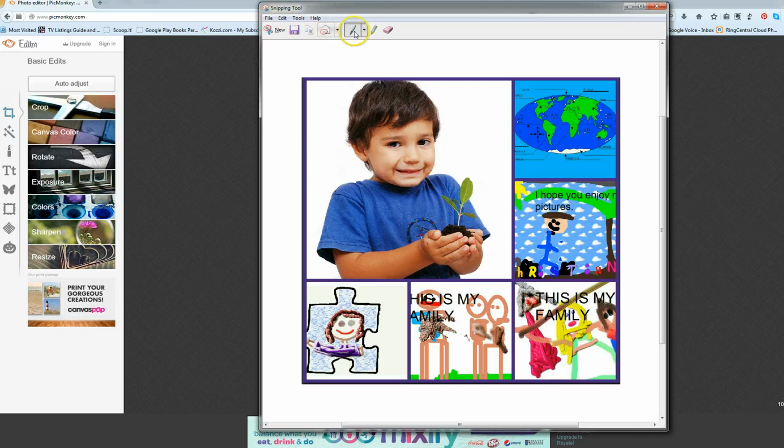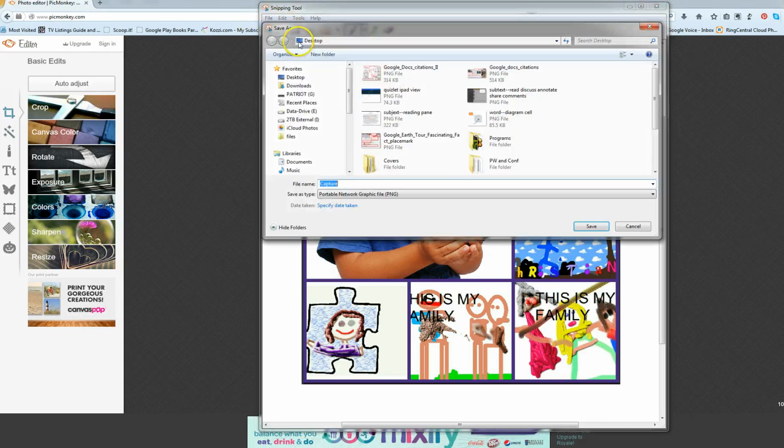I can email it. I can annotate it. I can highlight it. I can do these different things. In this case, I'm just going to save it. So I'm just going to go to save and then go to wherever your digital portfolio is for the student and save it. Change the file name and call it,